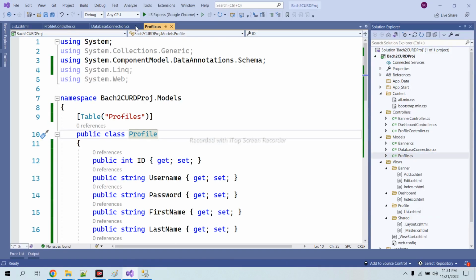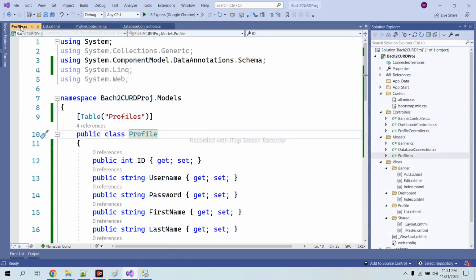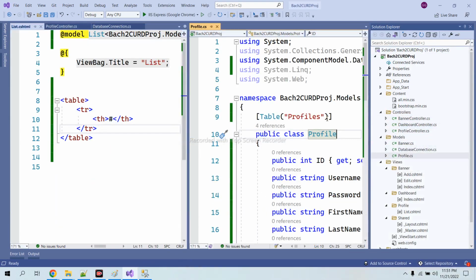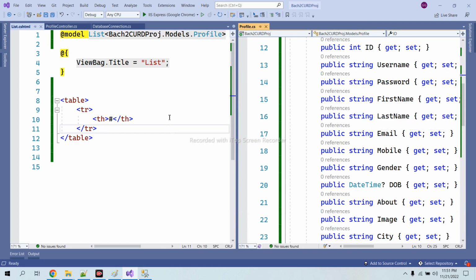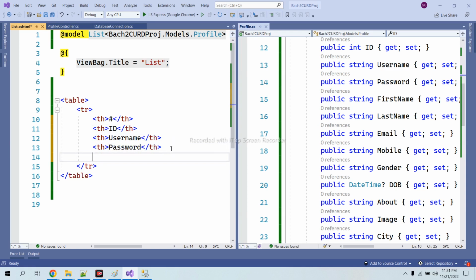You know that we have these column names, and we are going to show all the column names on the list. So the id, th, username, password, first name,